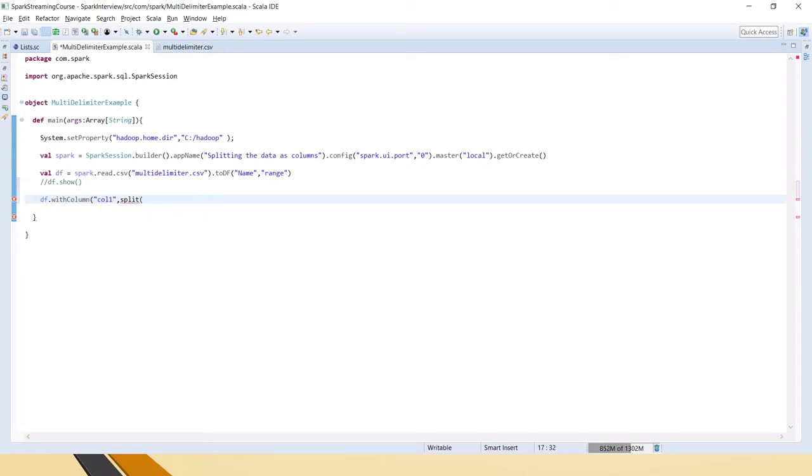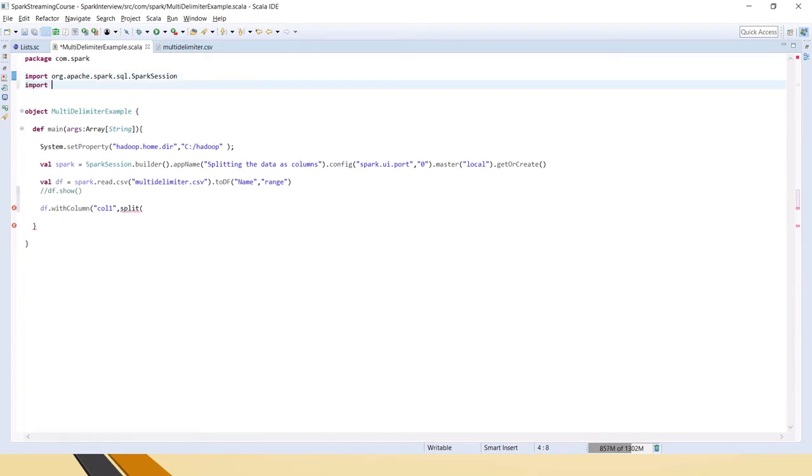For using the split function we have to import the functions. What we have to split is the data in the range column, right? We have to split this with pipe.